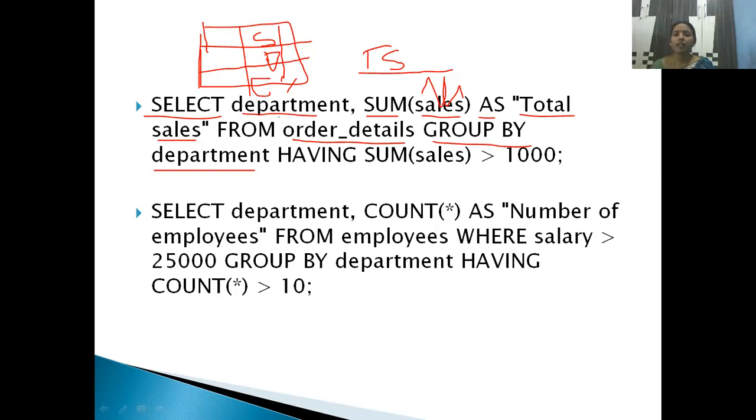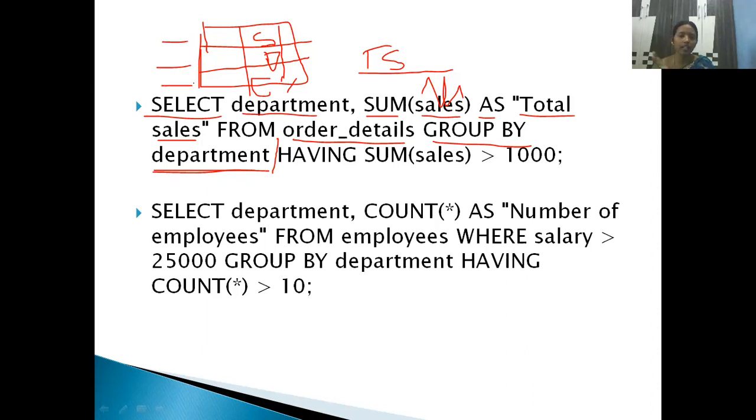Now, what I want to display? Forget about having, temporarily, up to I'm explaining group by. So group by means what? I'm making groups according to the departments, right? So I am dividing three groups: soaps department, detergent department, cool drinks department.